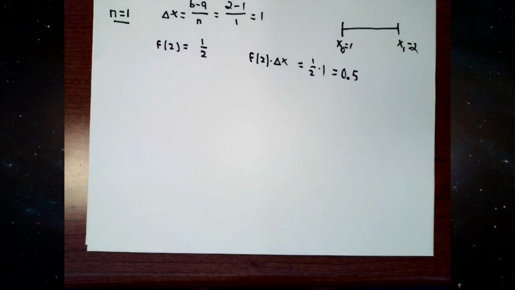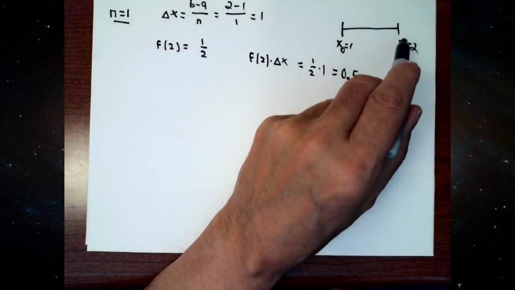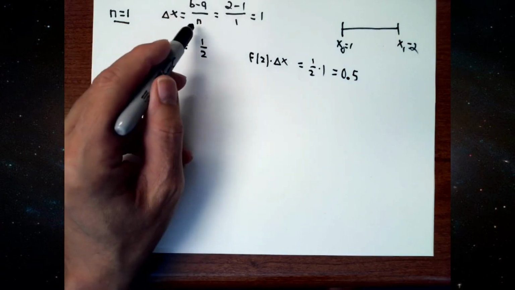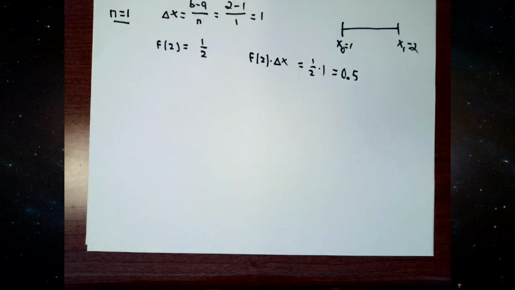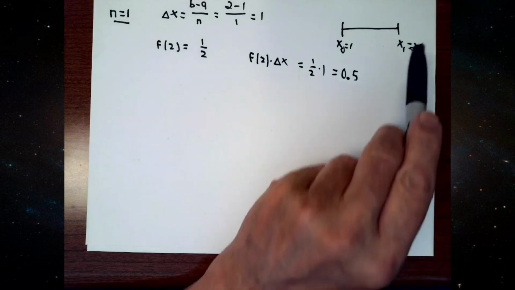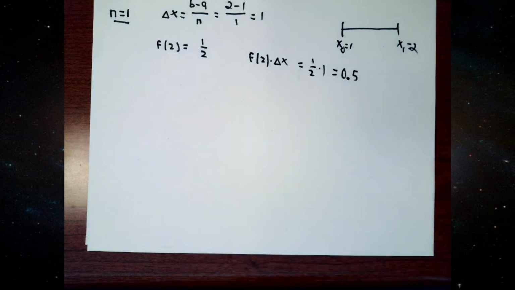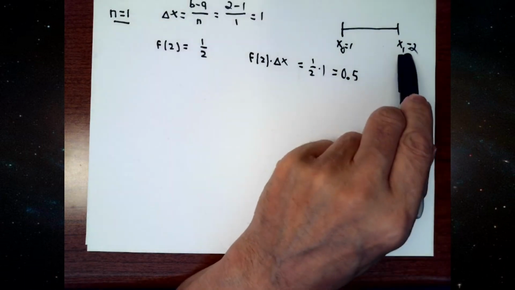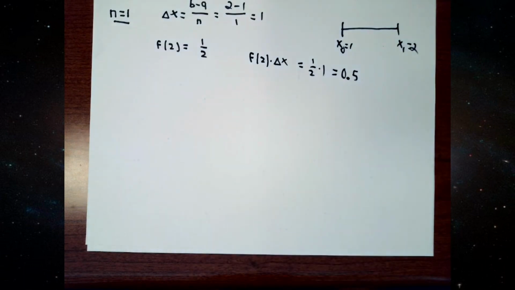Thinking of n equal 1, I will have only one subinterval. Delta x is 2 minus 1 divided by the number of subintervals, which is 1. That's correct because the horizontal distance from x equal 2 to x equal 1 is 1 unit. The function value is going to be the function value that goes with the right end. My function is 1 over x, so my function value is going to be 1 over 2. I'll have only a single term for my sum, f of 2 times delta x,